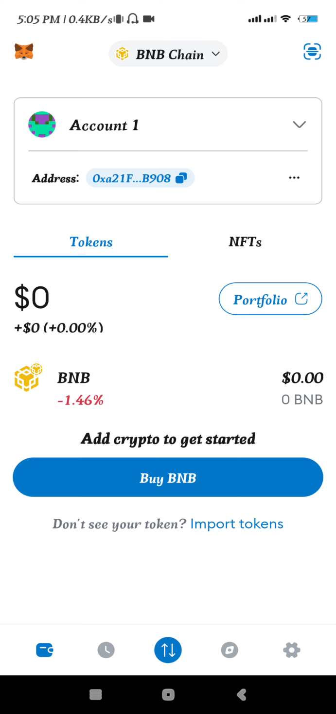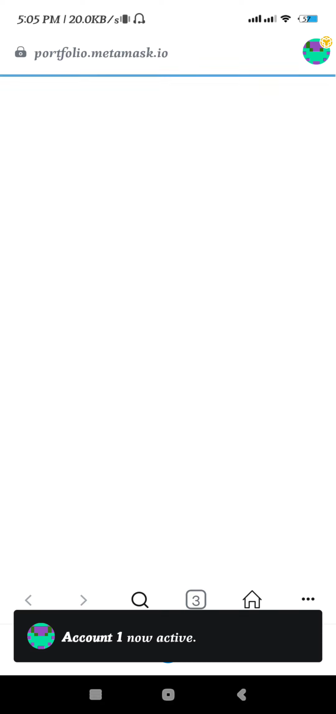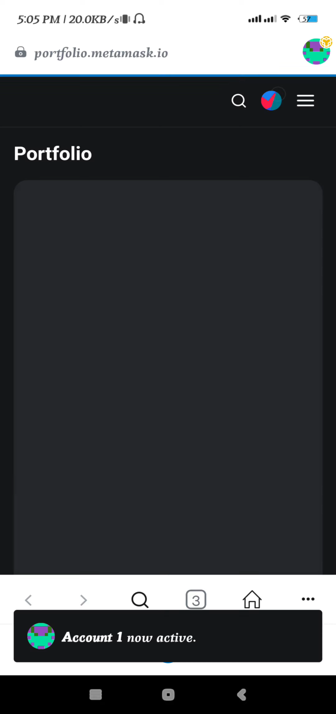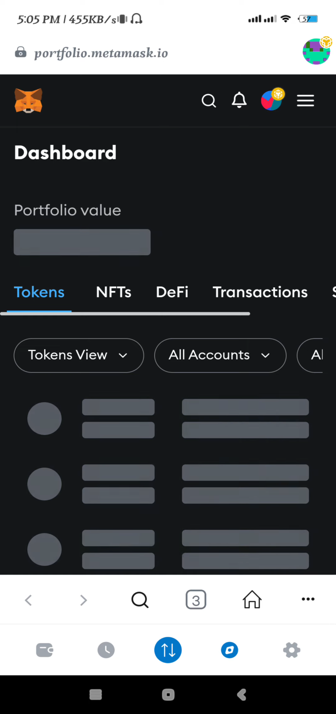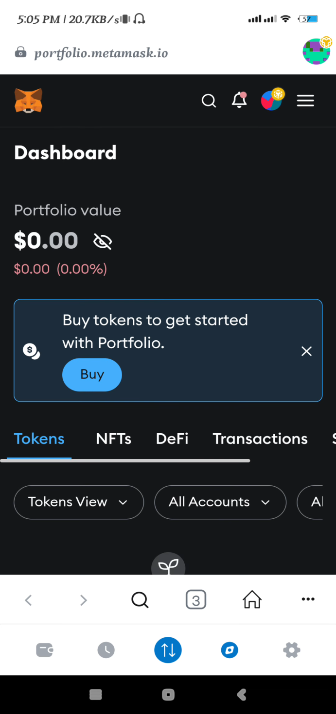So in order to get access to it, you just have to simply launch your Metamask application, then tap on the portfolio option. Now once you tap on portfolio, you will be landed on Metamask's portfolio page. Now if you don't know what it is, you just have to first connect your Metamask wallet with the Metamask portfolio, and once this step is done, you will be able to get access to all of the features